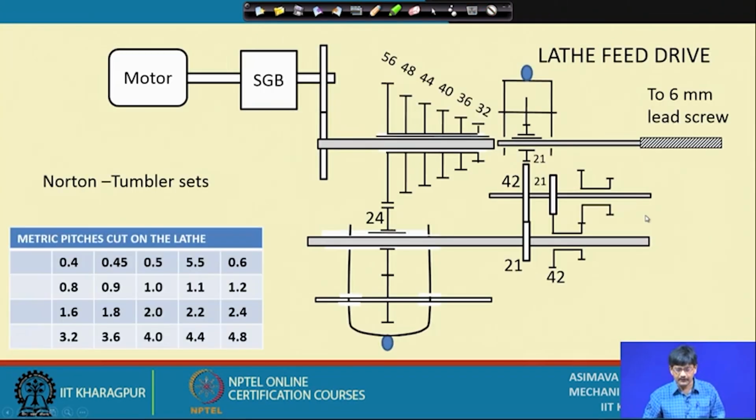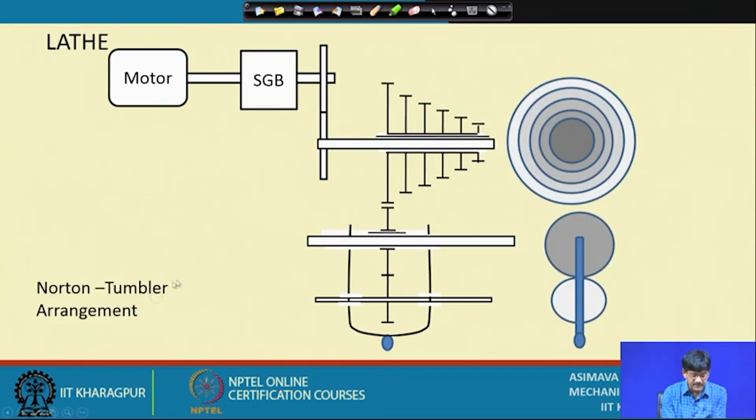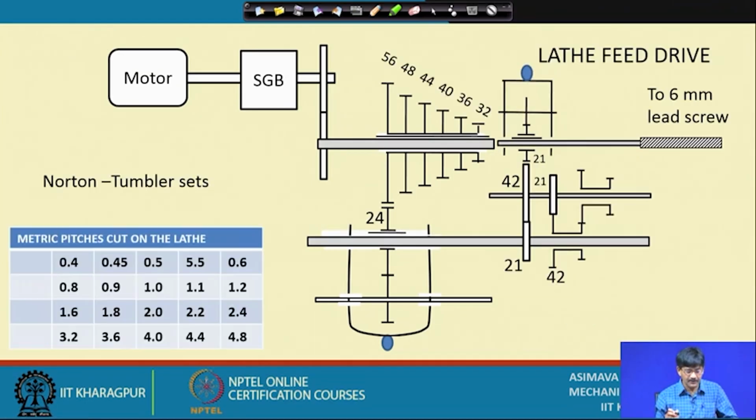So, here what happens is, one question up till now is not answered, that is, okay, I am getting say pitches of 1.6, 1.8, 2, 2.2, etc. How do I get, if the inch system is there, how do I get say 1 by 8, 1 by 9, 1 by 10, like that? What is the way in which we can obtain that? In order to obtain that, what we do is, if we can reverse the gear ratios, then we will be obtaining it. So, instead of giving power,